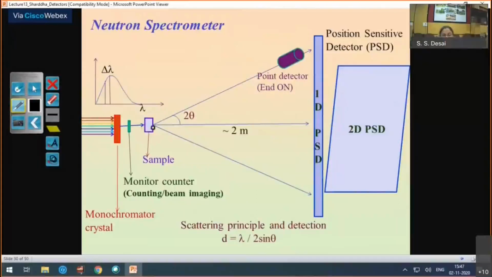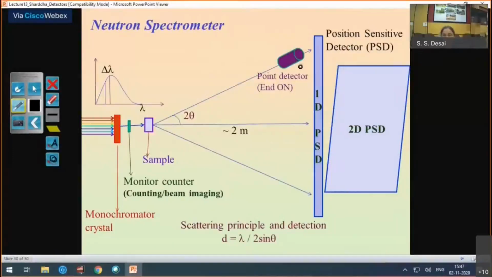So when you try to detect the scattered neutrons, there are three different ways. You can use detectors of three different geometries. Either you can use a simple point detector, as I have shown before, in the end-on position, and then this detector can scan the entire area of interest. But this experiment takes quite long, and as reactor neutrons are very costly, from the reactor operation side, if we want to complete our experiment in reasonable time, though this is a very stable and good process, this experiment runs on for days together.